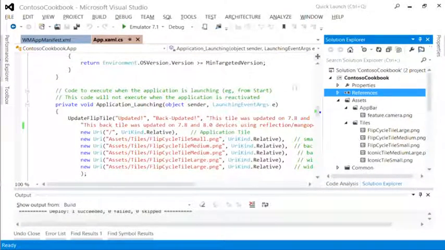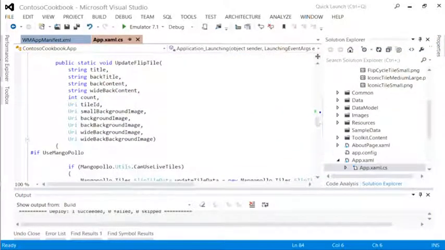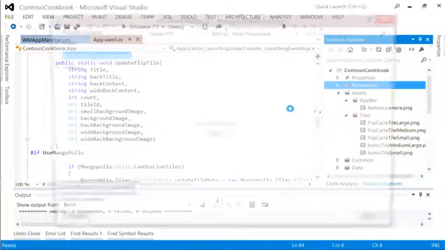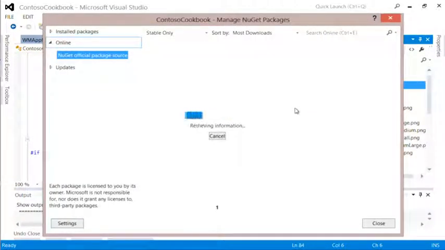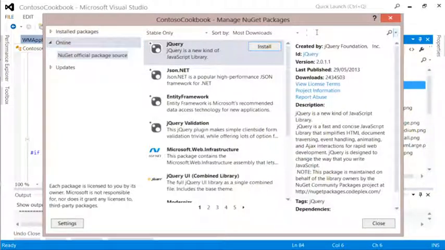So here's Visual Studio. I've got a project called the Contoso Cookbook. This is a 7.1 project, but as you can see, we've added the new tile sizes into it. I just hover over it, and you can see that these are on it. First of all, this is using the Mango Polo NuGet package. So you can go to Add, Manage NuGet Packages, and I'll go off to NuGet, and there's a list of all the packages, and if you search for Mango Polo,